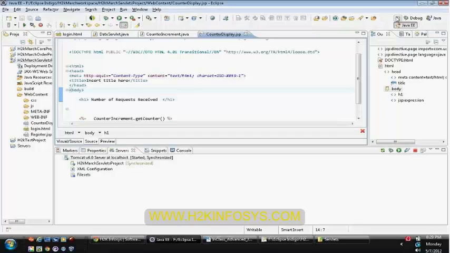Go and write a filter: right click, new. Here you can see that there is an option called filter. Select that one, or else you need to write a normal filter, write those 3 methods, and configure the filter within your DD.